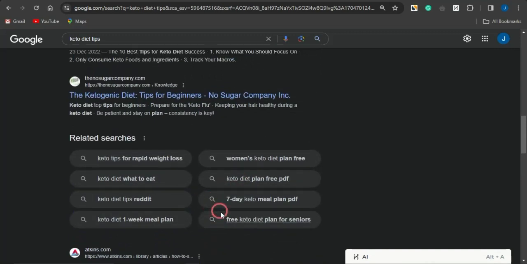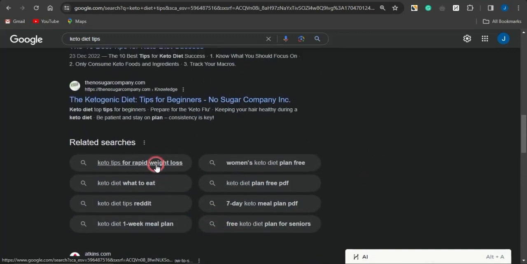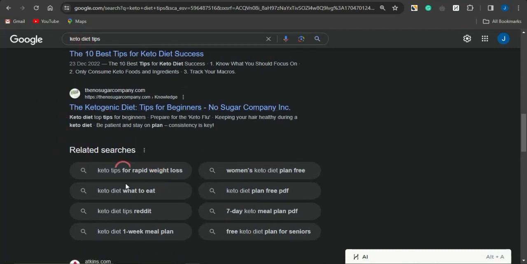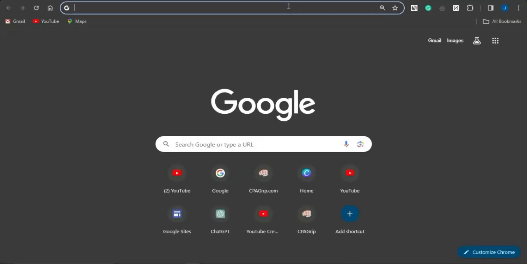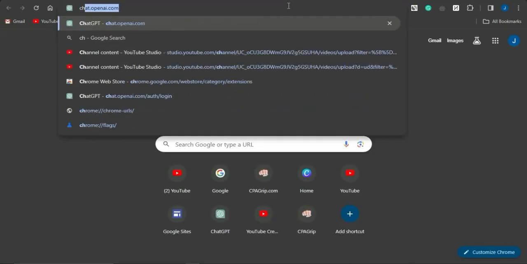If you scroll through, you'll see a lot more searches related to this. But basically, guys, I'm focusing on this first option, which is keto diet tips for rapid weight loss. I'm just going to copy this, and then go into a new tab and come onto this platform right here, which is